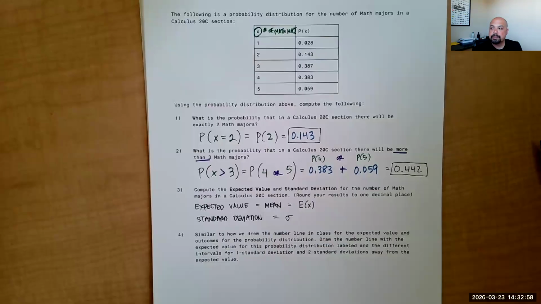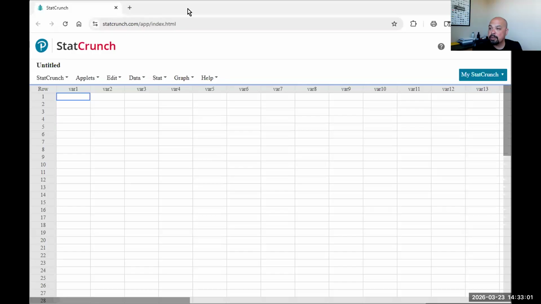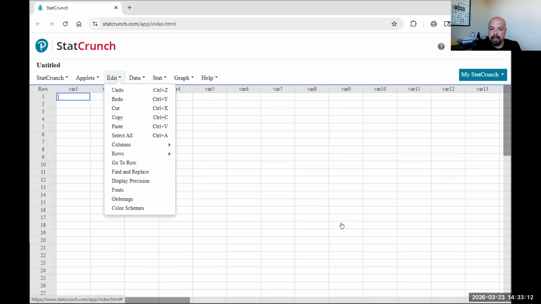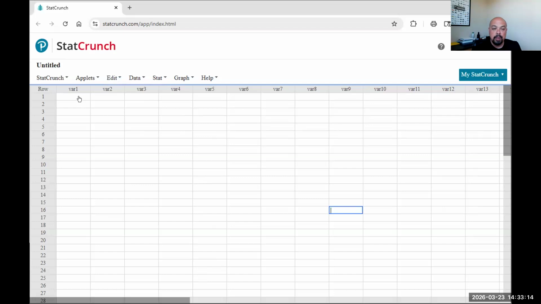all right. So now we should see our StatCrunch calculation table. And so in our StatCrunch, depending which column you want to work with, we're going to do one column for the x values, one column for the probability. You can relabel if you want to, your x, your p of x, right? Or you can still leave it as var1, var2, so on. But for x values, 1, 2, 3, 4, and 5, taken from the table, our probability distribution, pardon me,